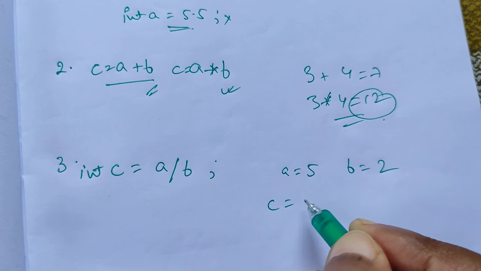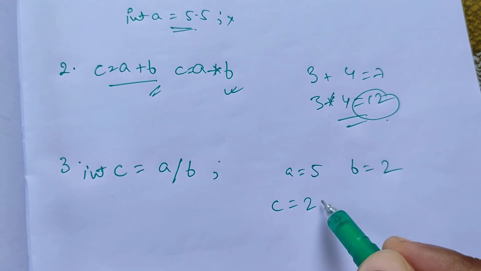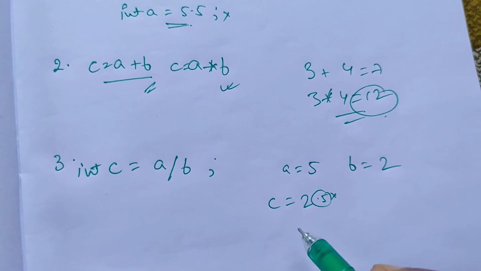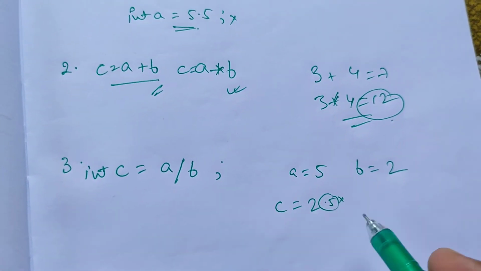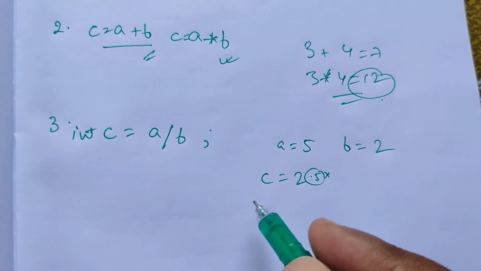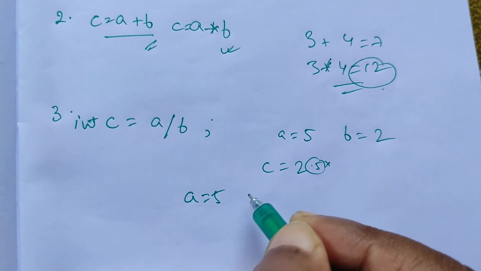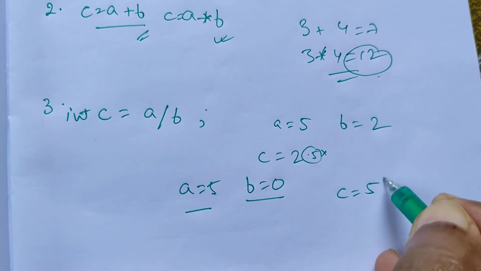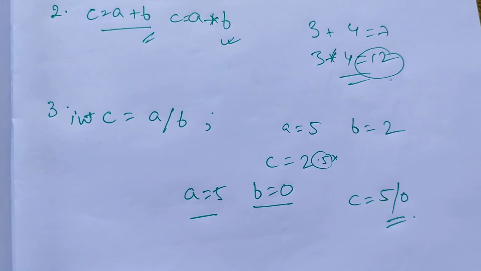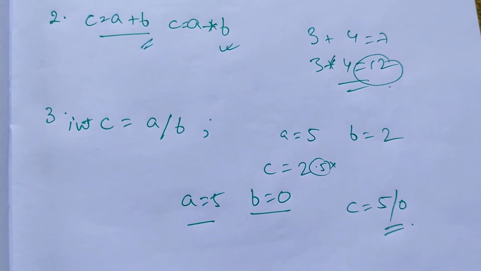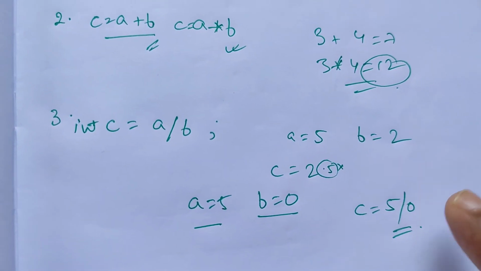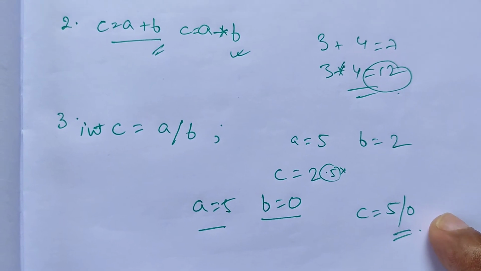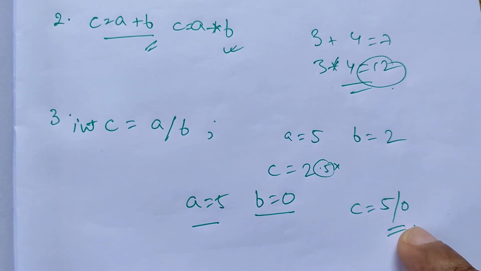The answer will be 2. Why 2? Because it would give 2.5, but .5 will not be kept because it is integer. So it will give you answer 2. But instead of 2, the user has given 0. Then what will happen? c equals 5 by 0, infinite, means the answer will not come. In an indefinite number, this answer will never come. So these types of errors are called